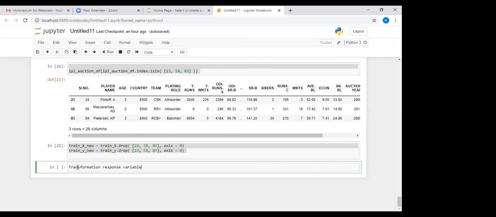In that case we use transformation of the response variable.